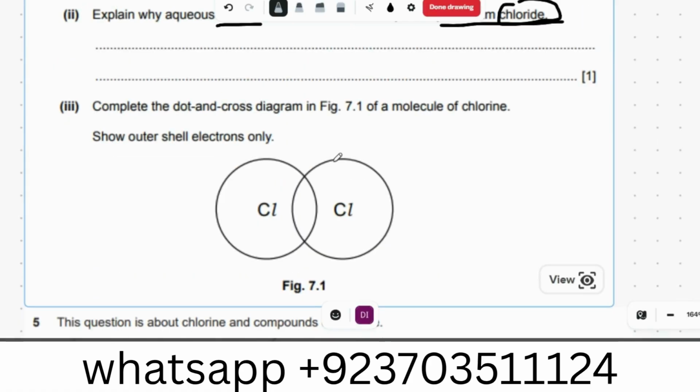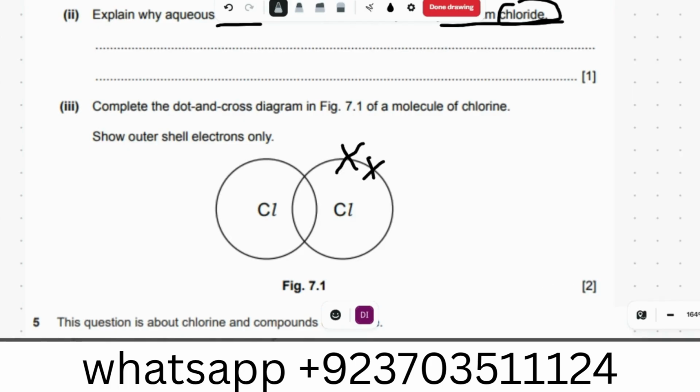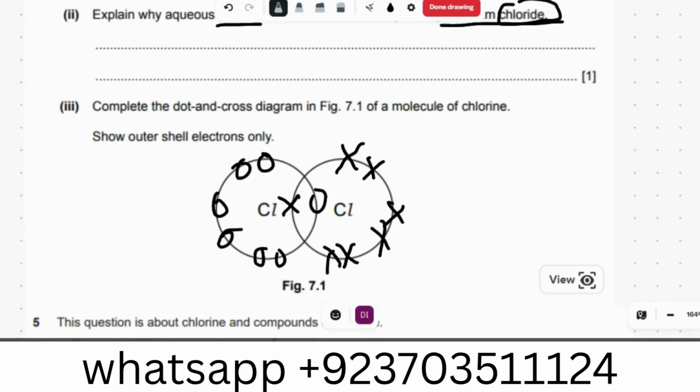Okay. Cross and dot diagram of chlorine. Okay, I will do it. So chlorine has 7 electrons. Six of them will not make a bond, and only one of them will make a bond. So it has three lone pairs. Pair means 2 electrons, so three lone pairs means 6 electrons, and one bond pair means 2 electrons are bonded